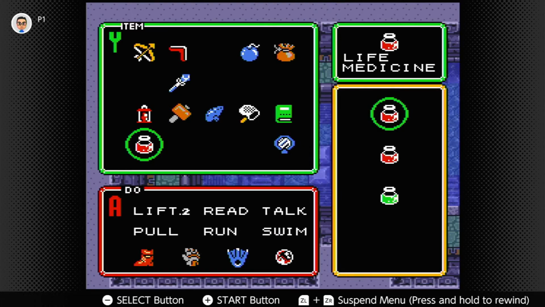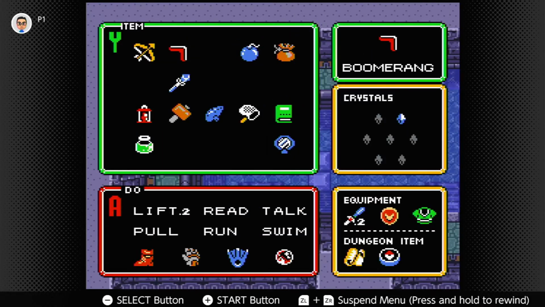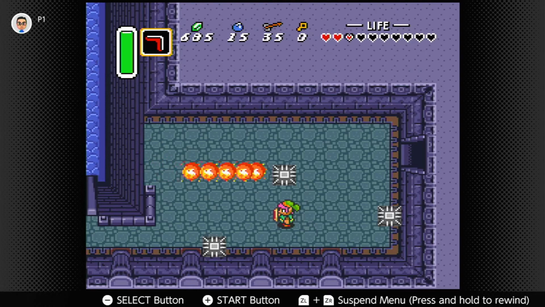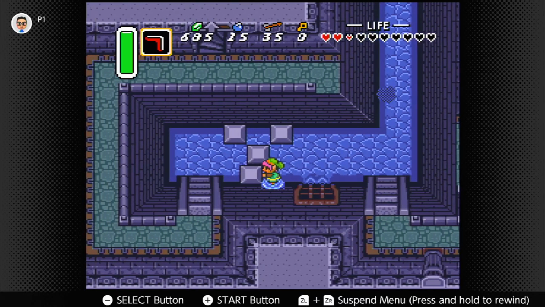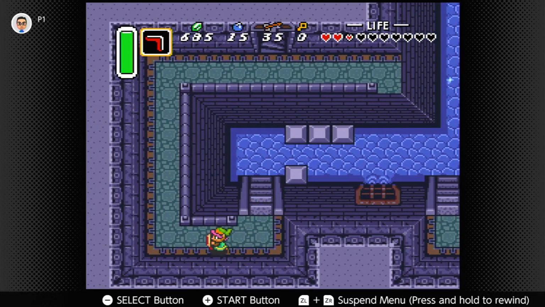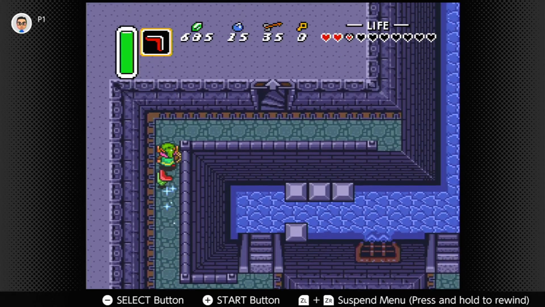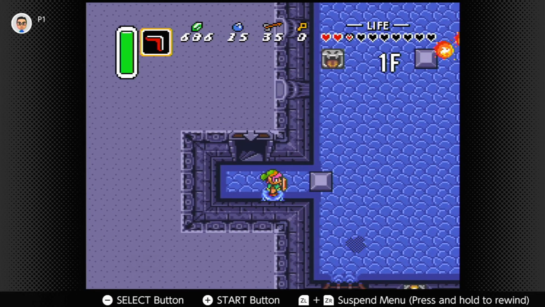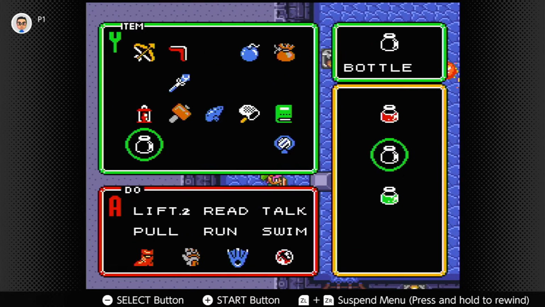I'm debating, do we use the life medicine? Let's play it dangerously for a bit. If it gets a little hairy, then we'll use the first one. But I was planning on saving it for the boss fight. I'd like to save at least one, you know, just in case. Mistakes are made, timing's off. And we don't want that. Oh boy. You know what? This room's kind of gnarly, so let's do it. We can always exit the dungeon later